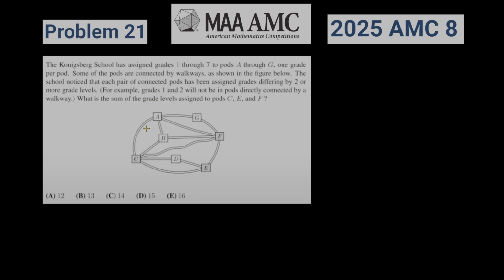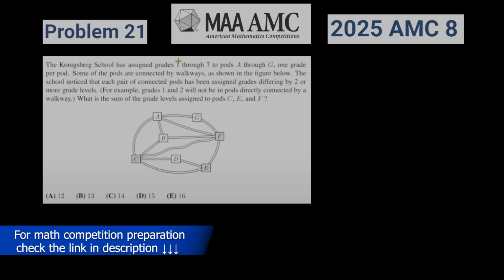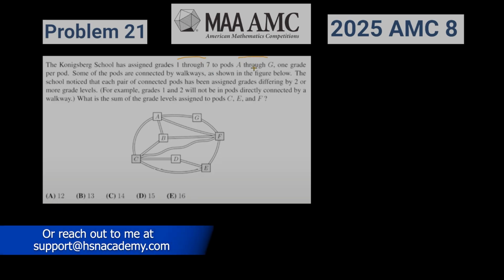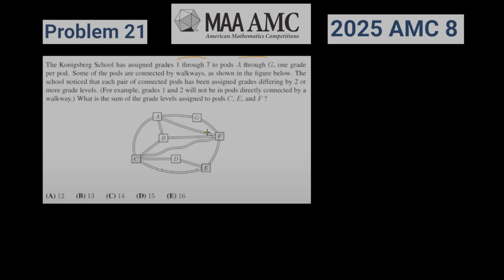So in this problem, they have assigned grades 1 to 7 to pods A through G. Okay, and the only condition is that the connected pods have to differ by 2 or more grade levels. And they want us to find out, if the assignment was done in this way, what is the sum of the grades assigned to C, E, and F. Okay, so